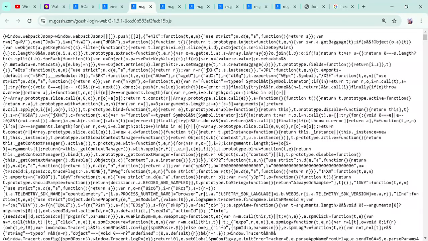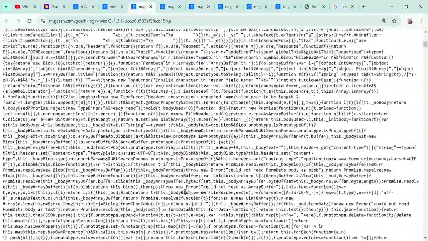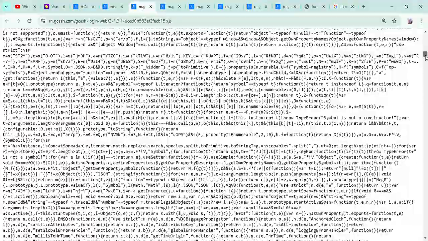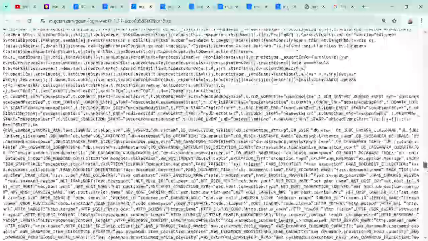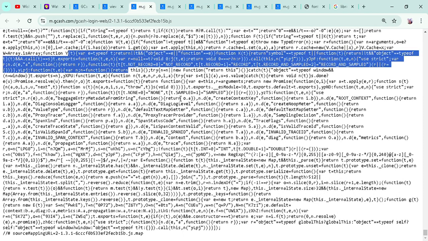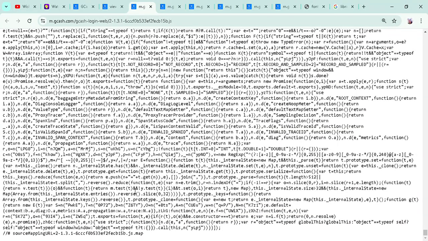Okay. I click this one. And the window. Yeah, it's very hard to be a developer. So if you are a full stack developer, this one, yeah, I think the code of GCash is a lot. You cannot really understand it, because I understand only a few of this code.